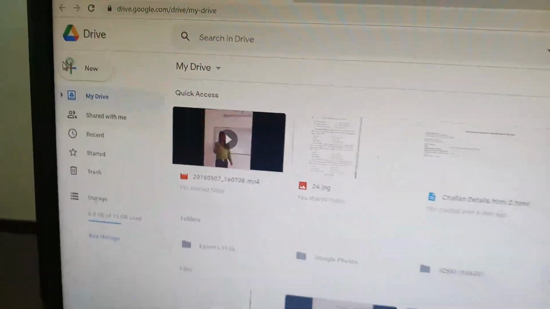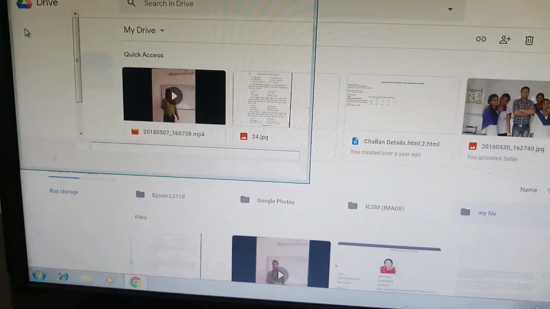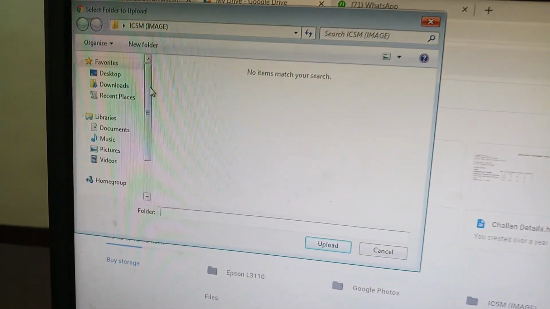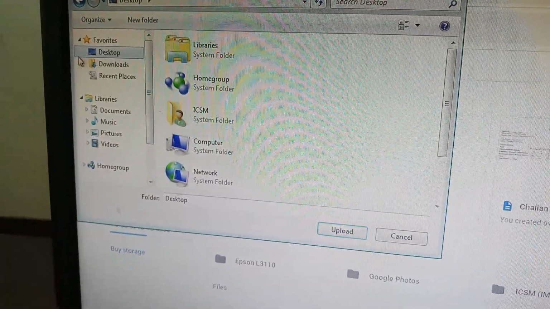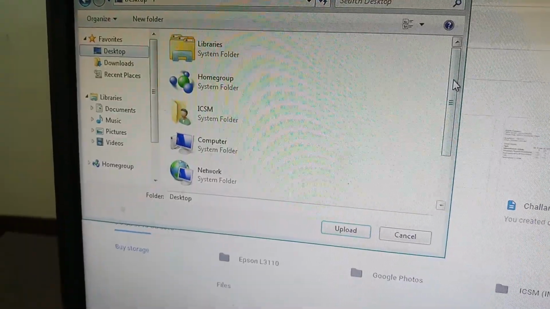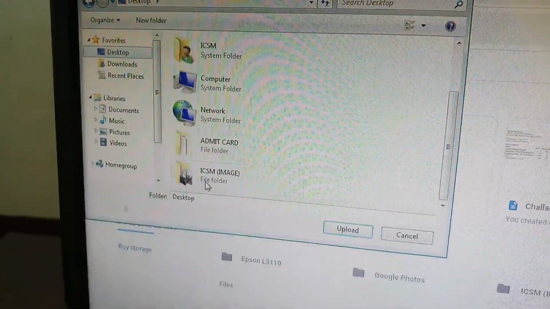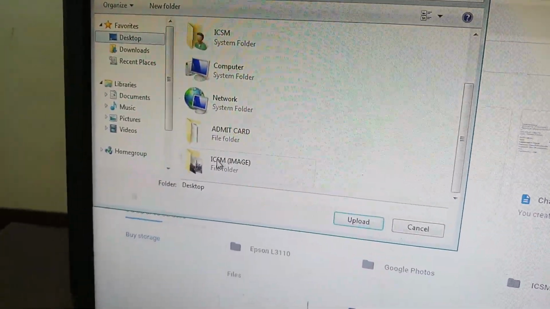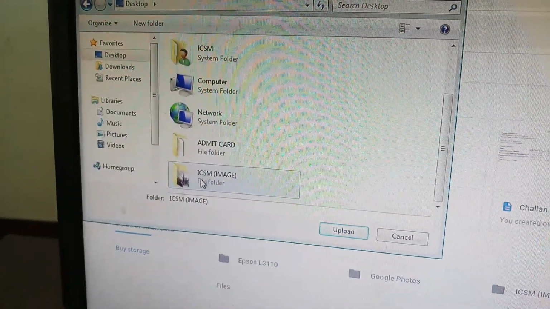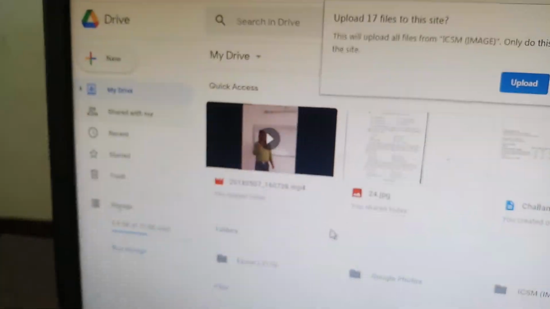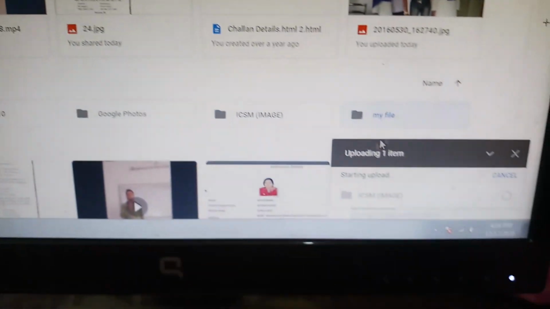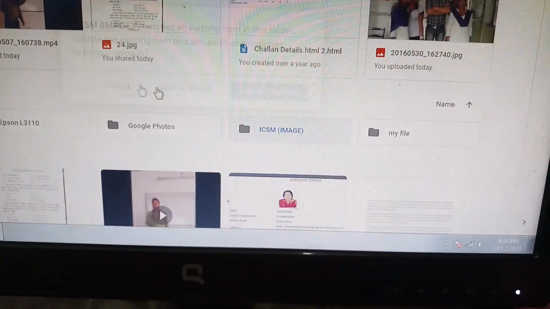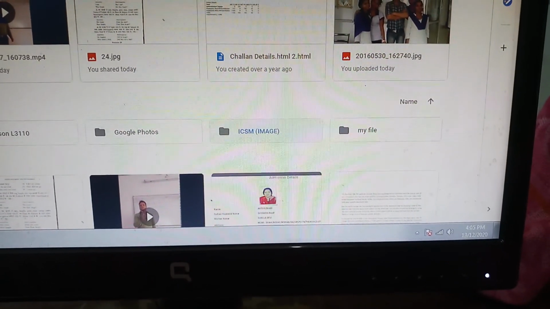Click on it, and give the location where your folder is. I have saved it on the desktop. So go to the folder I have created, click on it and upload it. Now here it is asking upload. From here at the right side, the same content is uploading over there.